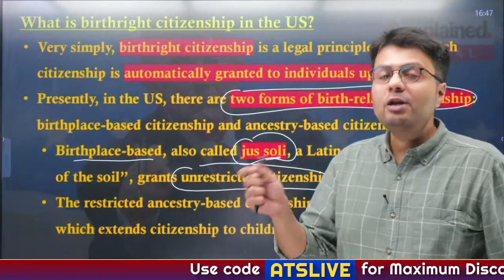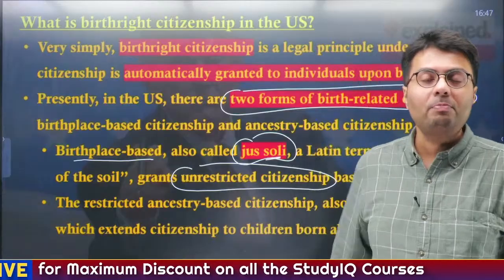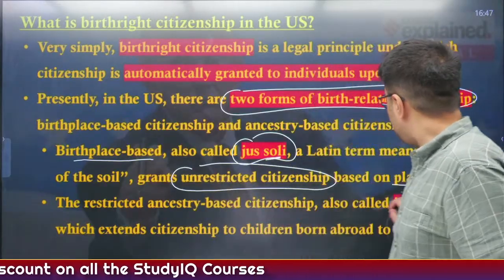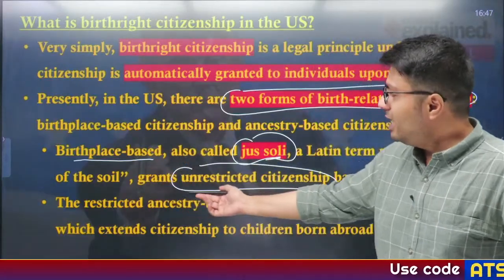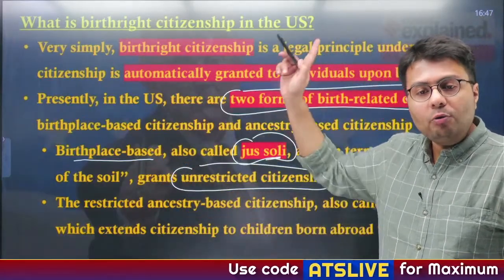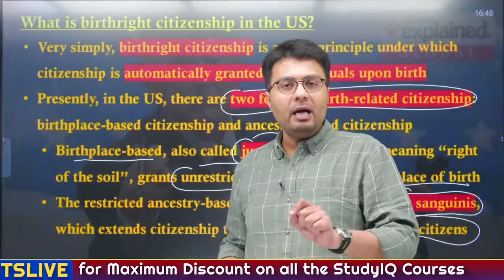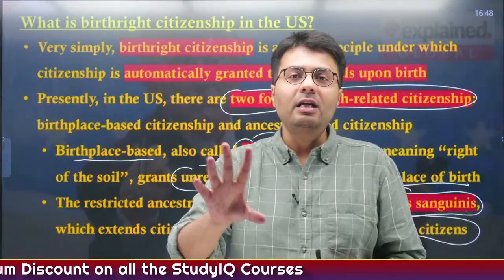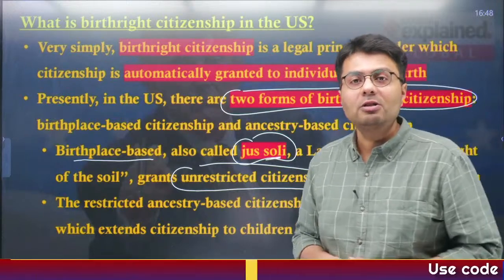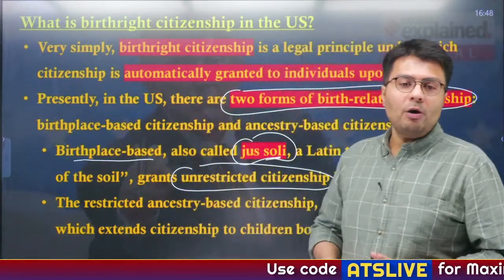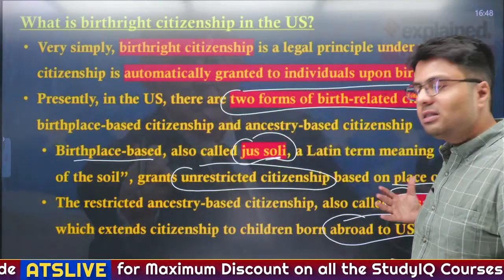So you will hear many of your relatives who have gone to US on temporary visa. Their children who are born in US, they have American passports. Similarly, another concept is known as jus sanguinis. Jus sanguinis in Latin terms means descent. So here the citizenship is provided to people who are born outside the country, but they are born to citizens of US, right? So suppose an American diplomat posted in India has a child in AIIMS, Delhi. Will that child be given Indian citizenship or US citizenship? Automatically US citizenship, right? So that is how citizenship is offered in US under two circumstances: under jus soli, that is through birth, and under jus sanguinis, that is through descent.